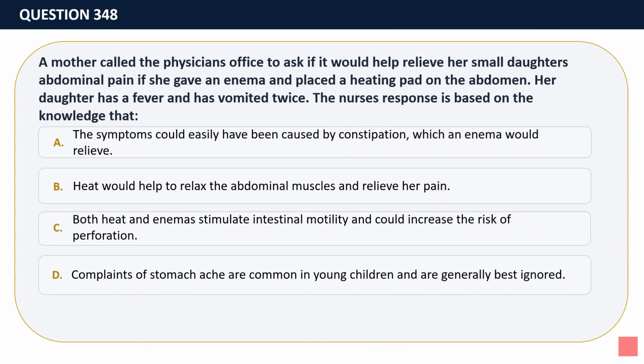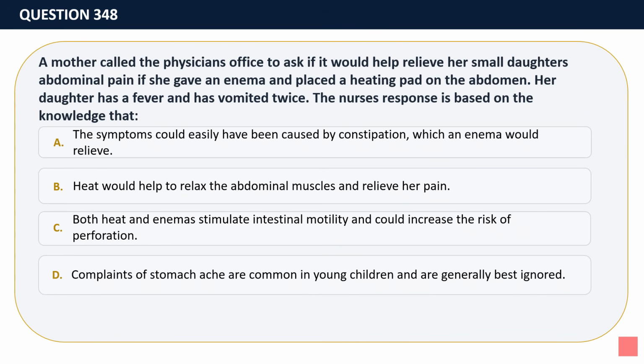Question 348. A mother called the physician's office to ask if it would help relieve her small daughter's abdominal pain if she gave an enema and placed a heating pad on the abdomen. Her daughter has a fever and has vomited twice. The nurse's response is based on the knowledge that